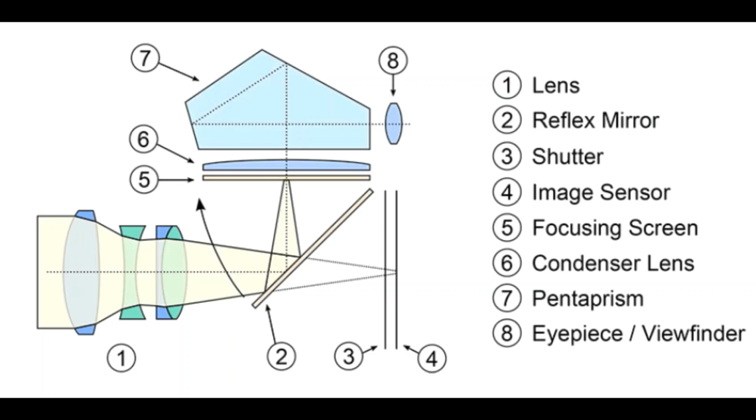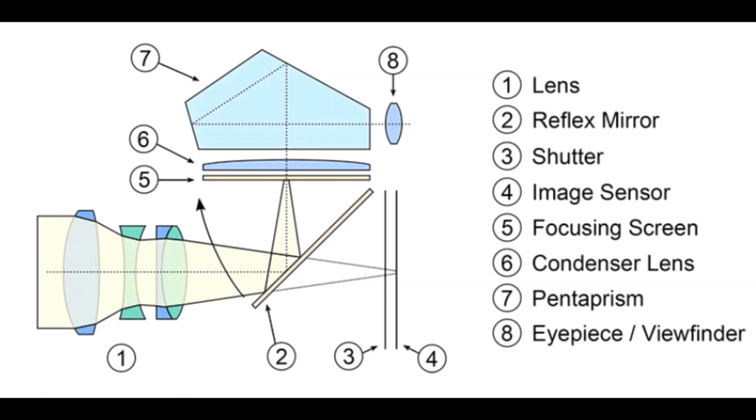Now first let's see how you are able to see the preview of the image through your optical viewfinder or the eyepiece. What happens is that the light from the object enters through the lens, which is numbered as number 1, and it hits the mirror, and the mirror reflects the light directly into a pentaprism, which is numbered 7 here. This pentaprism is used because when the light enters through the lens and is reflected by the mirror, the image is turned by an angle of 90 degrees, which means that if you are focusing on a horizontal object, it looks vertical.